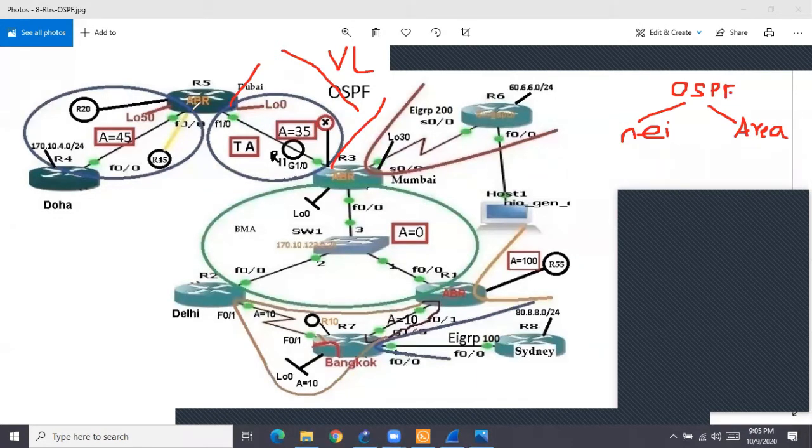That config area, virtual link configuration, I had also shown you. Now we'll see further. So now see what I say: R5 and R4 communication must be secured. R5 and R4 must communicate securely. That means I'm telling you there must be authentication. But what did I say, R5 and R4. Did I say area 45 must be doing authentication, or did I say area 45 communication must be secured?